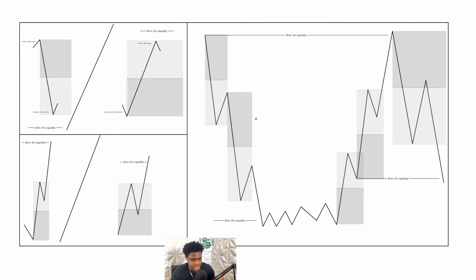So if the objective, which is to draw on liquidity, is farther away, and price has to get there in a quick manner, it's going to do so quickly, giving slight pullbacks. It's simply not going to give a massive pullback, so we have to anticipate a slight pullback until our objective is then met. Then when we shift course, as you can see, giving the slight pullback to now higher prices,